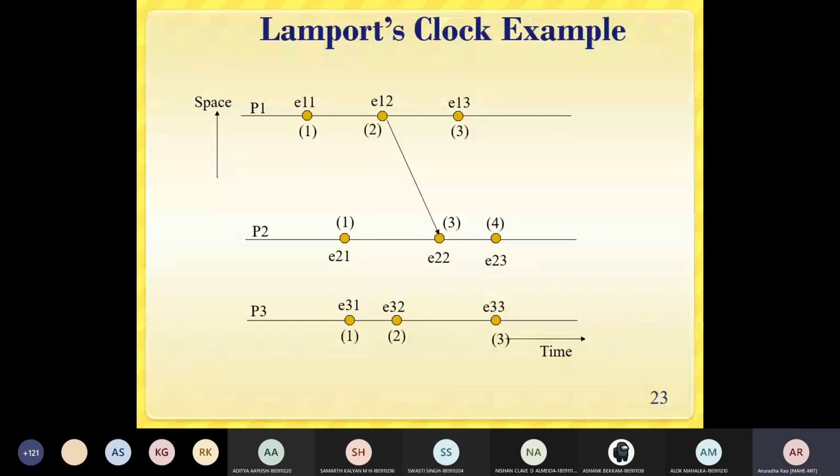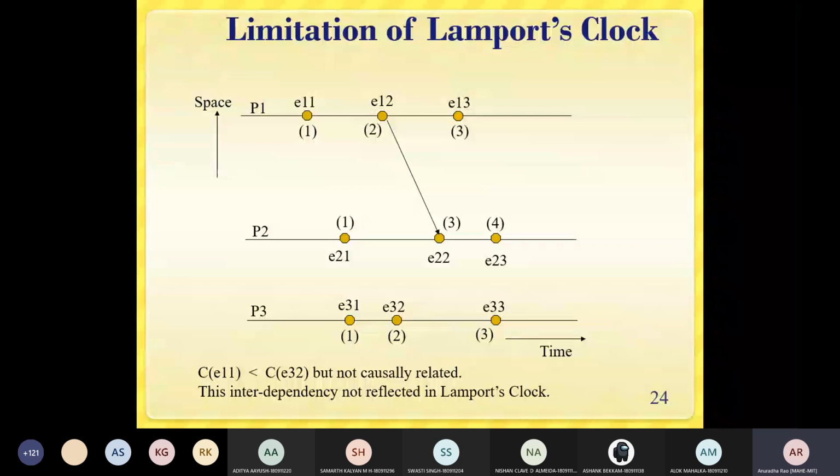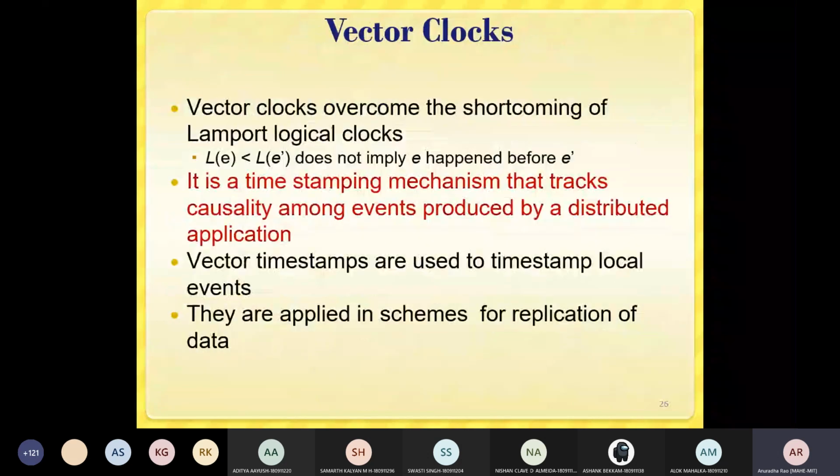Okay, I'll move on to the limitations of Lamport's clock. This I've already discussed. Later we went to the vector clock. The vector clock overcomes the shortcoming of Lamport's logical clock. It is a timestamping mechanism that tracks causality among events produced by a distributed application.